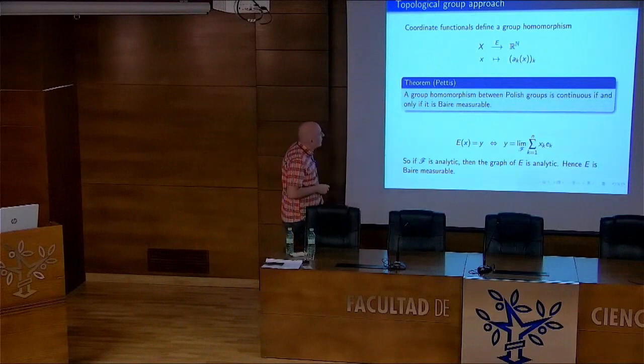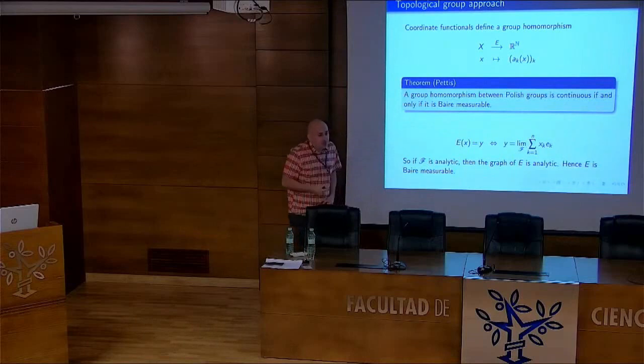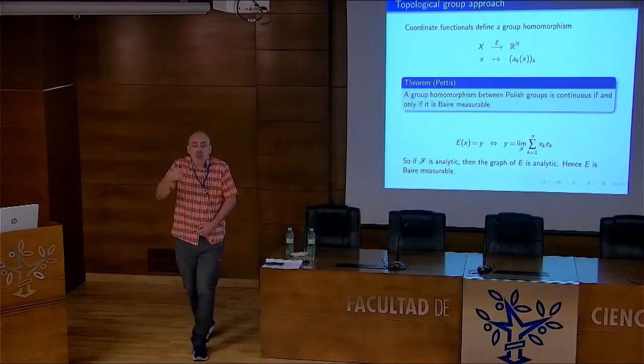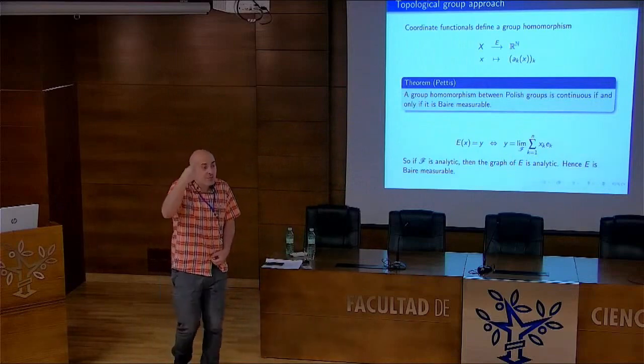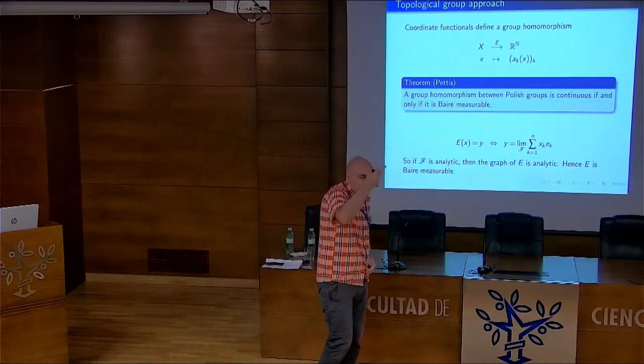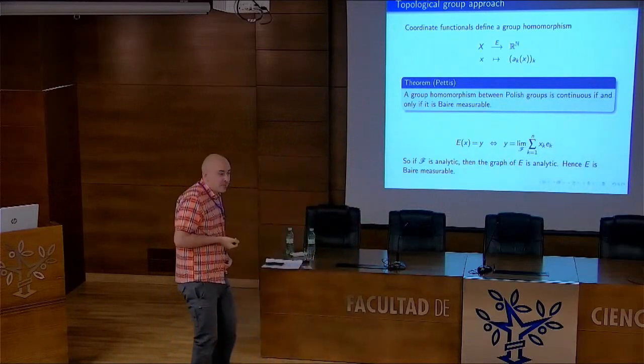Groups that are Polish spaces where the operation is continuous. It is continuous if and only if it is Baire measurable, meaning the preimage of an open set is a set with the Baire property. So, thanks to this theorem, in order to prove that this is continuous, it's enough to prove it's Baire measurable. You don't need exact continuity. So this is a kind of automatic continuity theorem, as it's called.